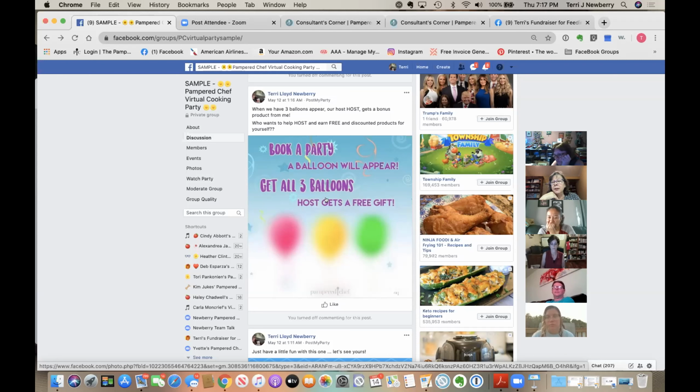And another thing that you can do, and it's totally up to you because this is your business, is when they've booked their 3rd party, you can actually add it to their host order from their own party before those 3 parties are held. And if you do that, you're going to add it to your host order, get her discount, plus you'll get paid commission on it. So it makes the cost even less to do it that way. It's still going to be about $10.